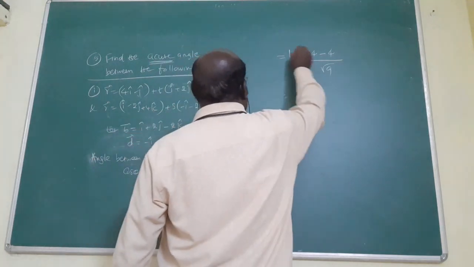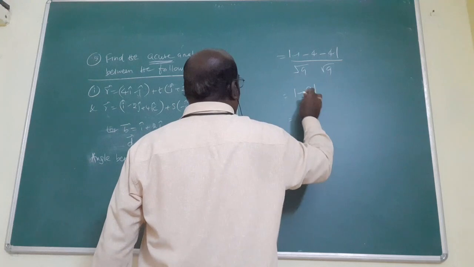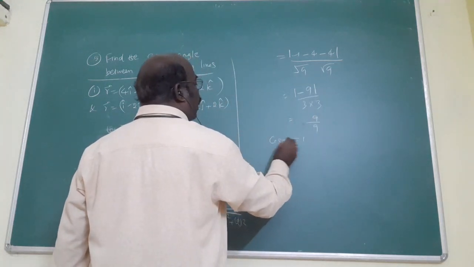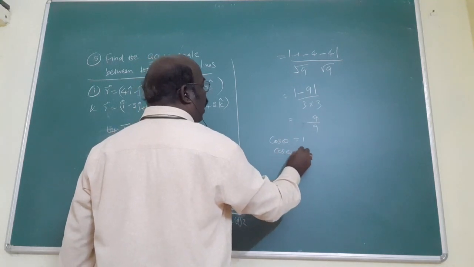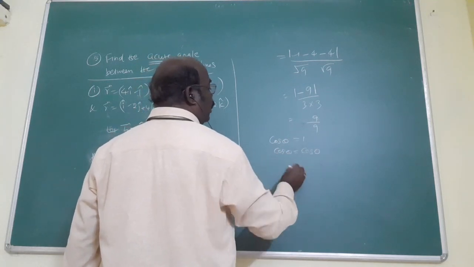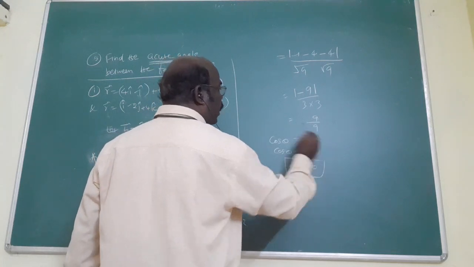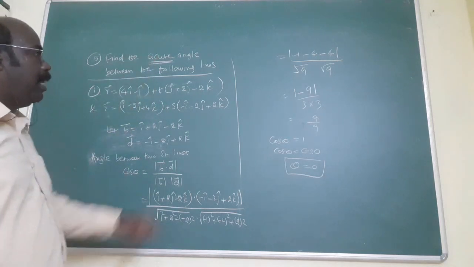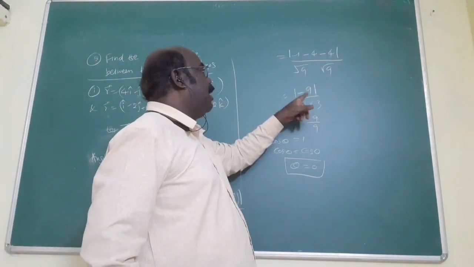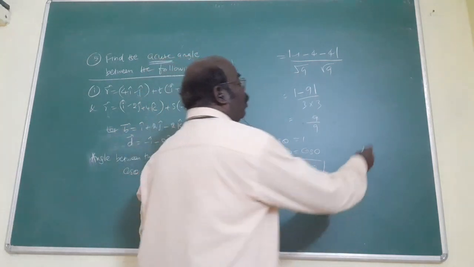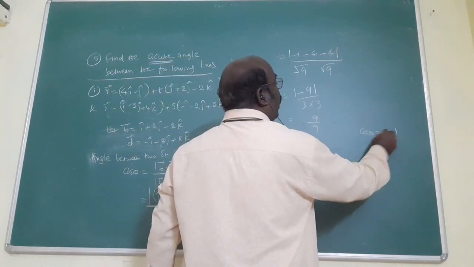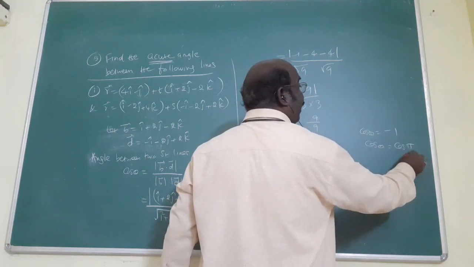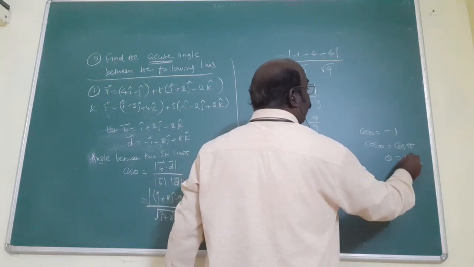But in this method, put the modulus. Already told you. Remove the modulus and only the positive sign will come, that is 1. So cos theta equals 1, which is cos 0, so theta equals 0. This is the answer. Suppose the question asks only for the angle between, without modulus, minus 9 by 9 is minus 1 will come. Cos theta equals minus 1. Minus 1 is cos 180, that is cos pi, so theta equals pi.